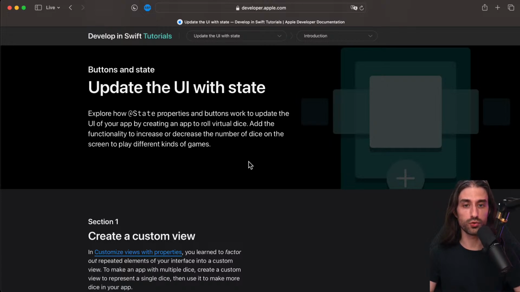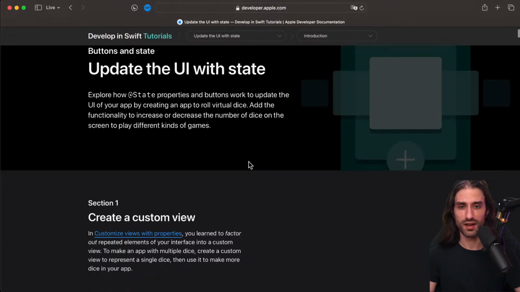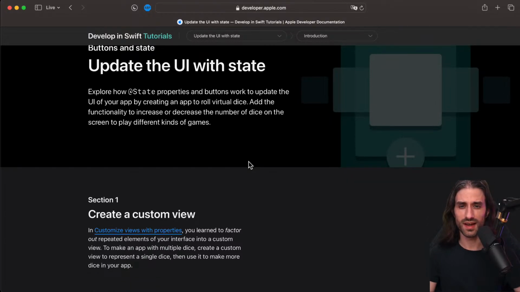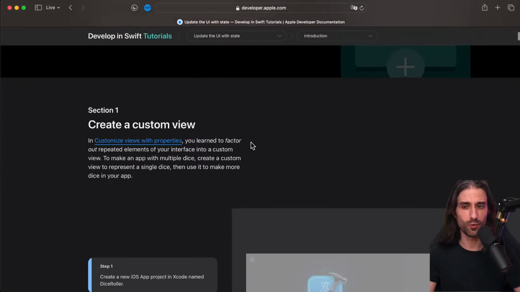So we'll be able to roll 1, 2, 3, 4, maybe even more dices. And for that, I guess we'll need to have two buttons, one to increase the quantity of dices, and one to reduce it, to decrease it, and one button to actually roll the dice. Or roll the dices. I'm not sure, yes, no, singular is dice, so it would be dices. Let me know if I'm wrong.